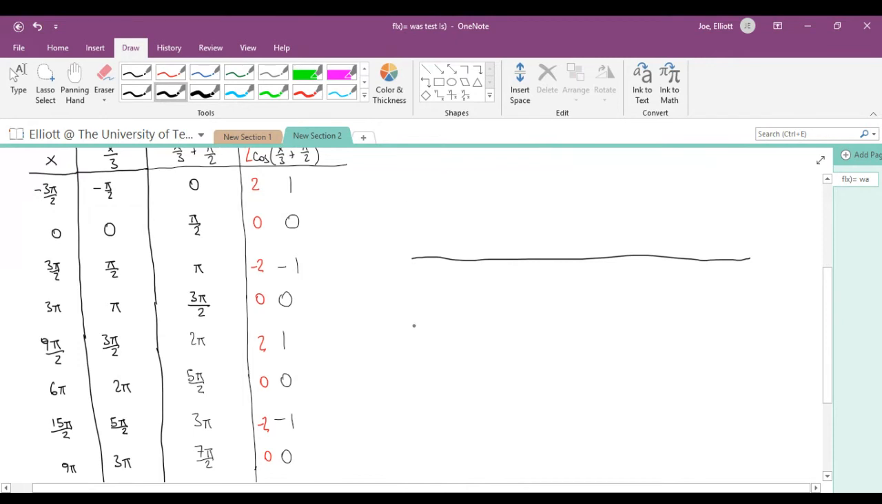Now, here in the problem, the instructions for the graph say 2 periods. So I have 2 periods starting at negative 3 pi over 2 for x. And I'm just drawing it by hand, so I'll just arbitrarily mark a place, which I'll call negative 3 pi over 2. And then the next x value was 0. And then we've got 1 at 3 pi over 2,